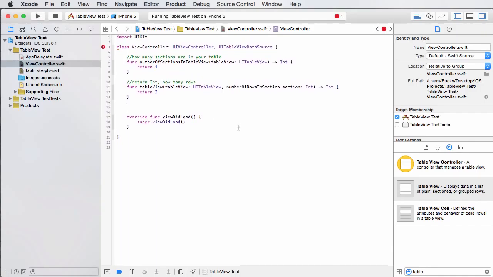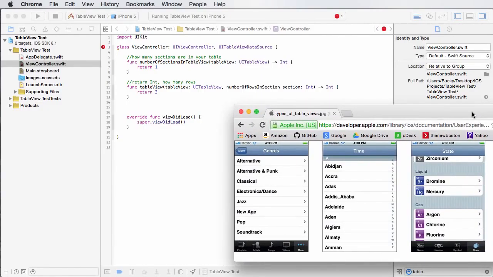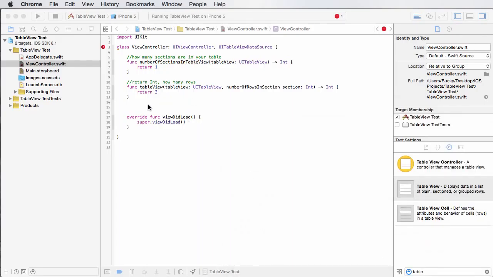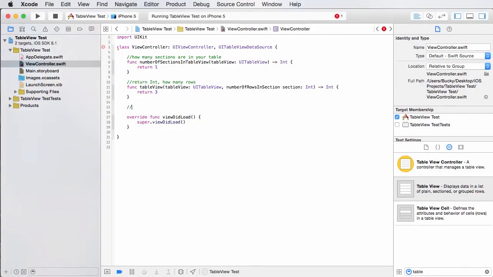Now the last thing we have to do, you probably could have figured out, is it's going to say, okay, now I know how big to make your table. You're going to have 1 section, 3 rows, but what are the contents of it? What do you want me to stick in those table cells? So that's what the last function is for. I'll just write like, what are the contents of each